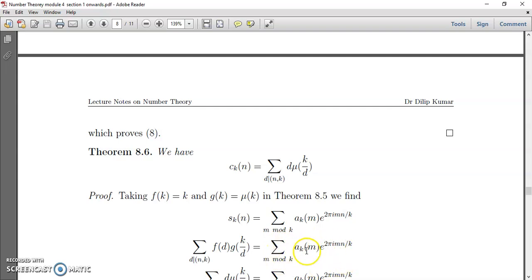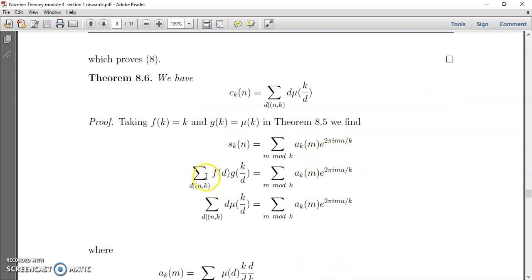And this is the right hand side of that. Here we have replaced f(k) by k, so f of d will be replaced by d. g of k is replaced with mu of k, so g of k by d will be replaced with mu of k by d. Thus we will get the left hand side. Now in the right hand side, sigma m mod k a_k(m) e raised to 2 pi i mn by k,